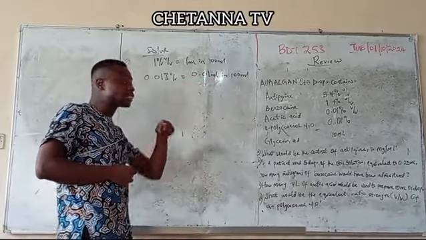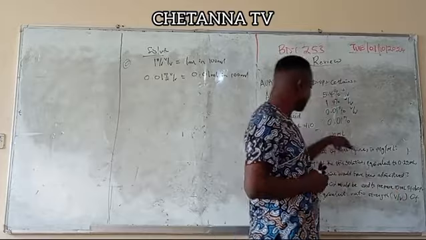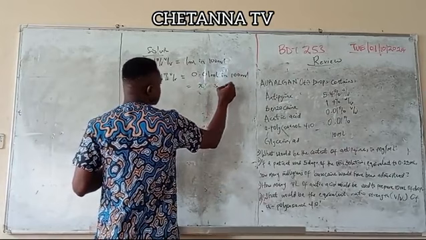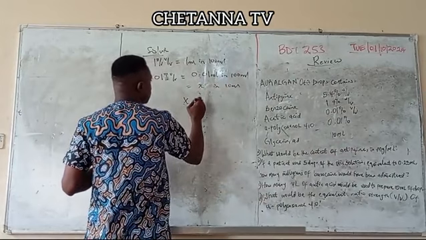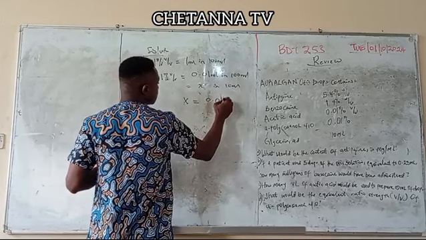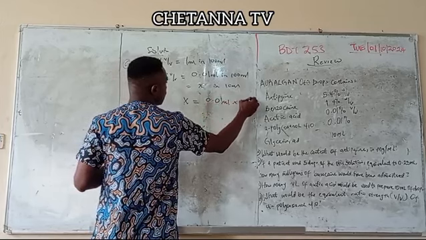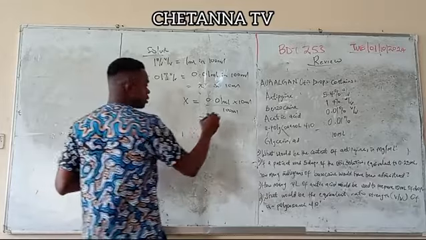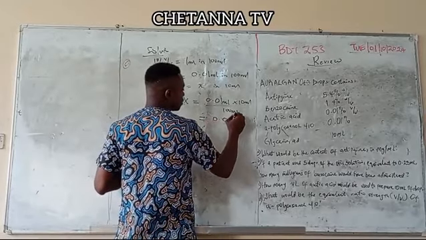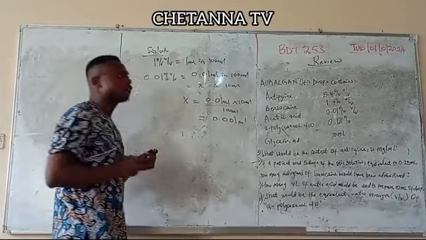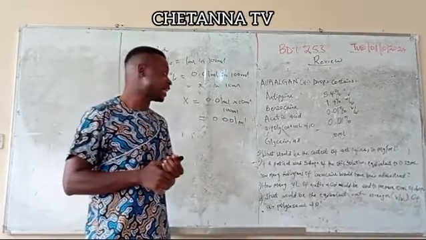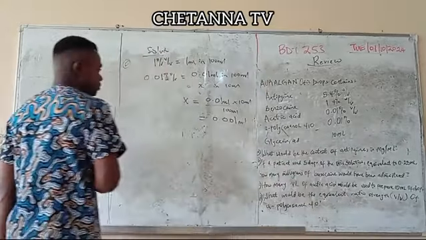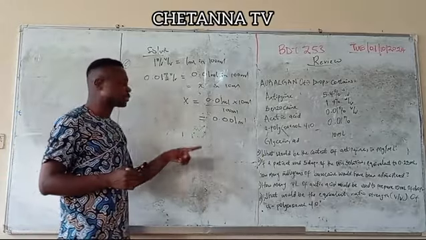But the question says in what? 10 ml. So in 10 ml is what? 0.01 times 10 ml over 100. What's the answer? 0.001 ml. Good. So we have 0.001 ml of acetic acid in the 10 ml. But they want us to find it as a